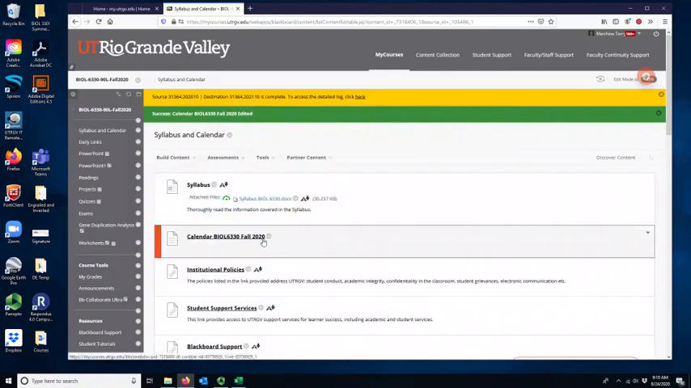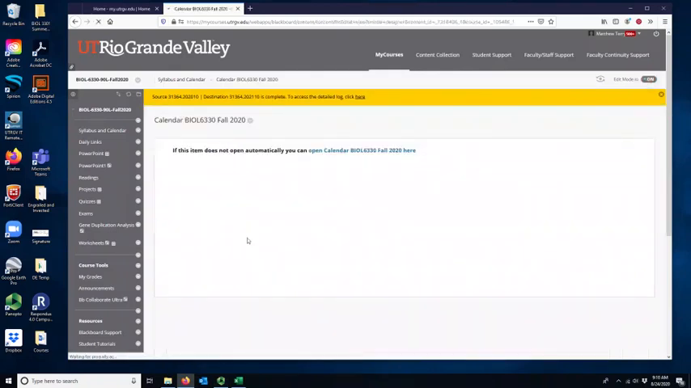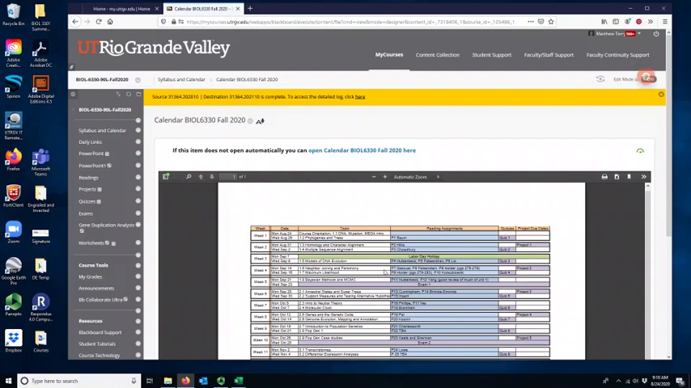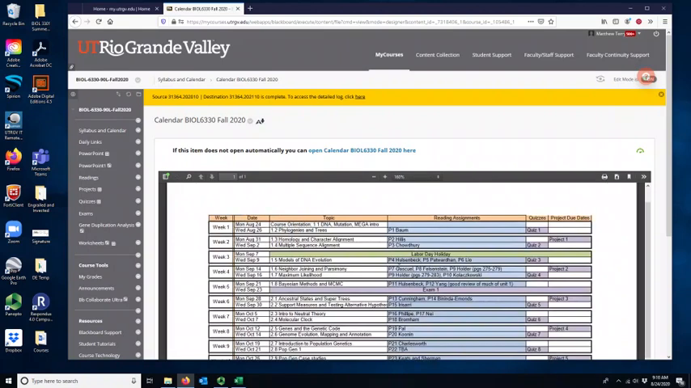The calendar is a way for you to get a big picture view of what's going on in the semester and what you need to be prepared for. Each day, the topics of discussion are listed here. If there's a reading assignment, we don't have one for the first day's class, it will be listed there. So when you see a reading assignment, P1, you come to the readings